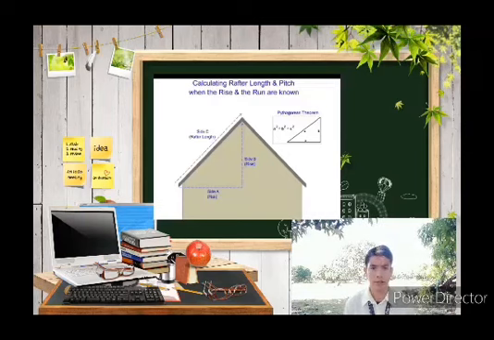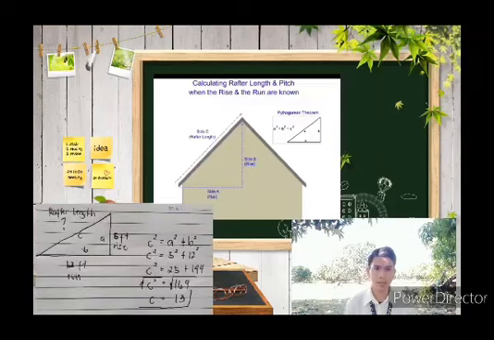So, let us solve this. Ano ba ang formula natin sa Pythagorean theorem? So, ang formula ay c squared is equal to a squared plus b squared, where a is for rise, and b is for the run. And c is for the rafter length or the hypotenuse. So, let us substitute. So, c squared is now equal to